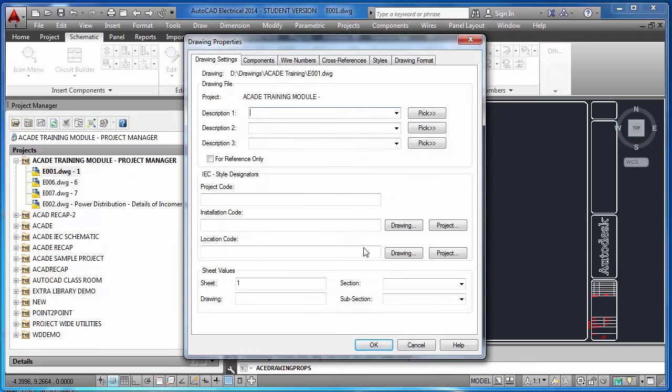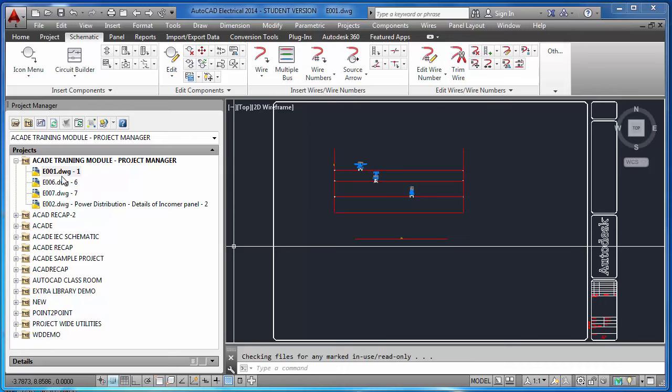If you give only the file name, like E0006, then while making the drawings you may be quite sure what is in this particular sheet. But after some time, or when an unknown person opens this drawing, he cannot understand what is in this particular sheet. So better add some descriptions to each sheet,